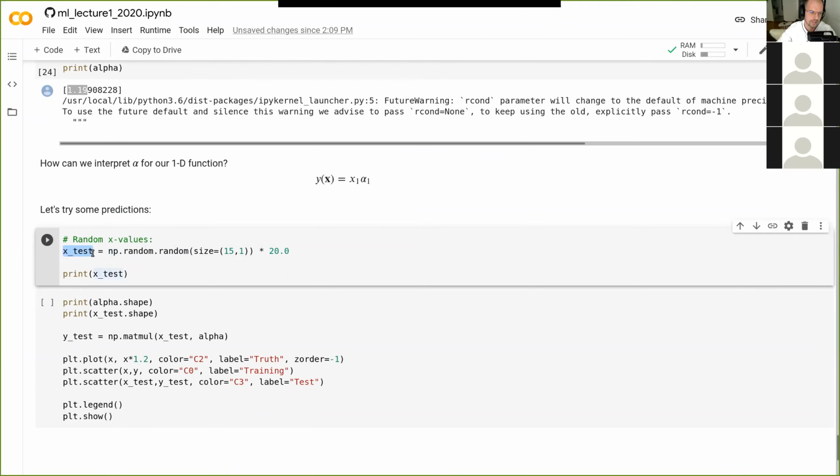I'm making some random test values, using the function numpy.random.random.